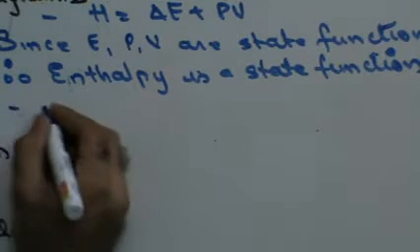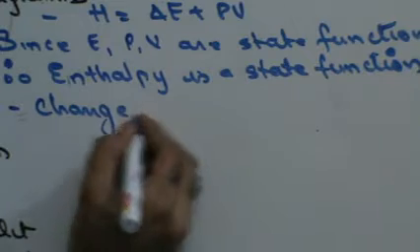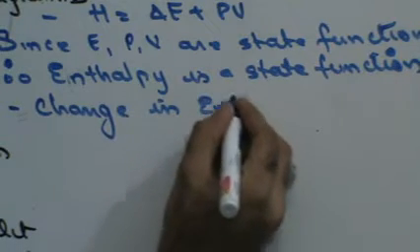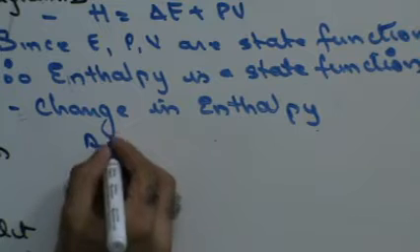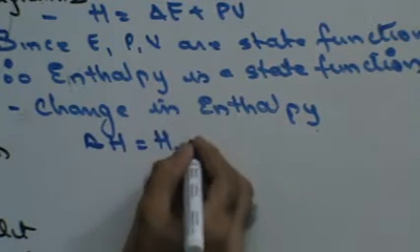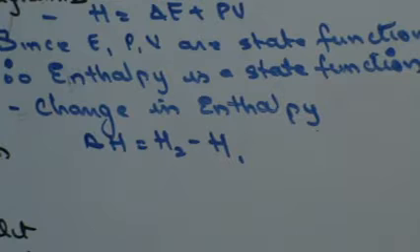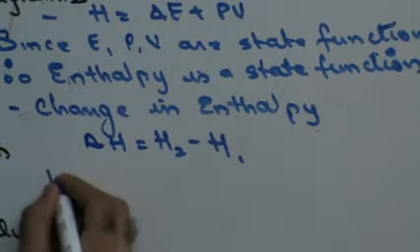Fine, do you get this? Now, the change in enthalpy. Delta H can be calculated by the formula final enthalpy minus the initial enthalpy,